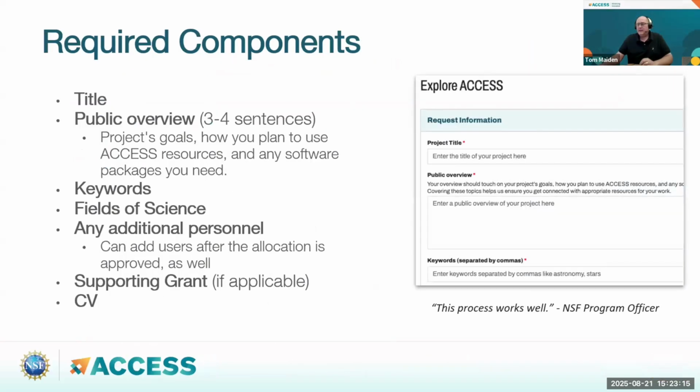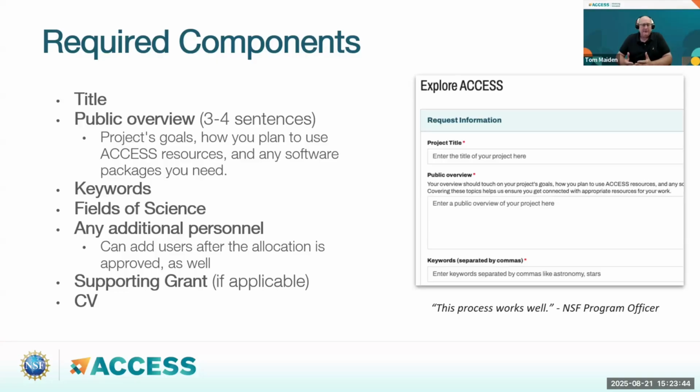Let's see what's next. Oh, here's an example of what that looks like when you are applying for an Explorer, which would be that second level. So it's going to ask you for what the title is, what you want this to be, what you want the public to see for the abstract in our public pages. And then we always do collect things like keywords and fields of science, and that just helps us with our reporting to NSF,